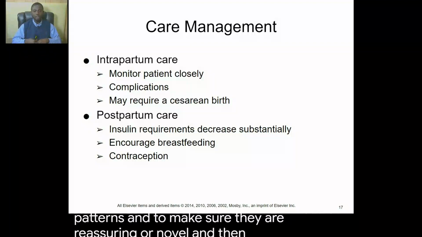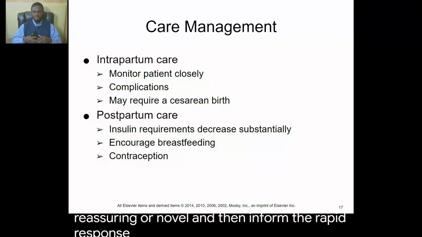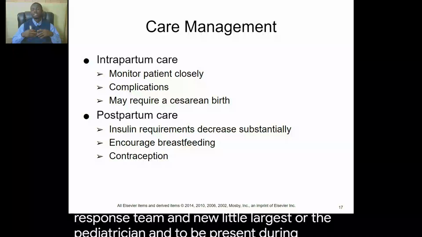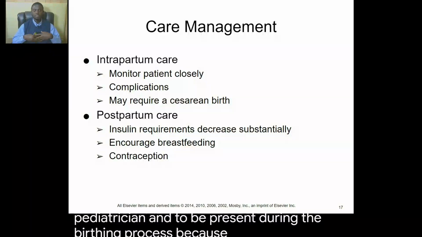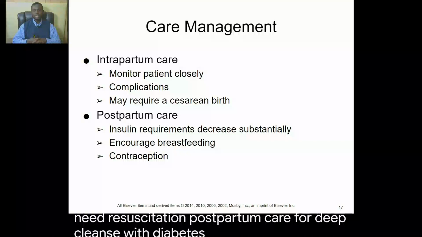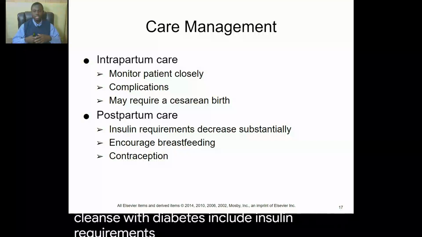And then inform the rapid response team and neonatologist or the pediatrician to be present during the birthing process, because the fetus may need resuscitation. Postpartum care for the clients with diabetes include insulin requirements, and the insulin requirement normally is going to decrease substantially